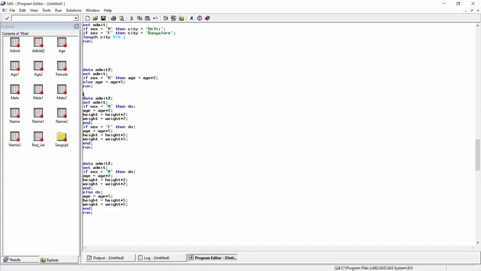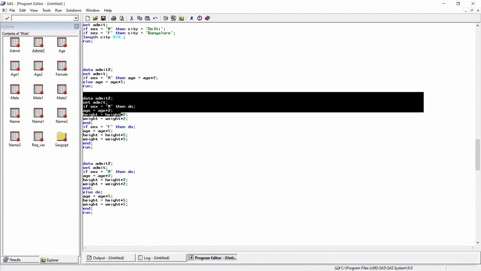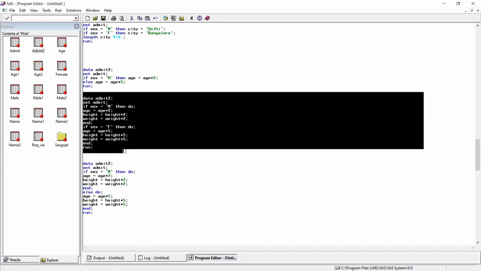So I'll read this command here. Data admit2; set admit; if sex is equal to capital M, then do; age is equal to age plus 2; height is equal to height plus 2; weight is equal to weight plus 2; end; if sex is equal to capital F, then do; age is equal to age plus 5; height is equal to height plus 5; weight is equal to weight plus 5; end; run;